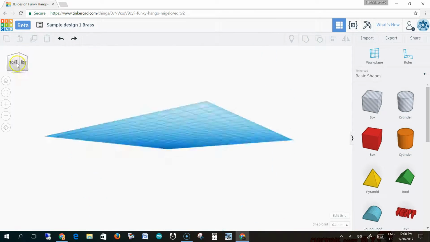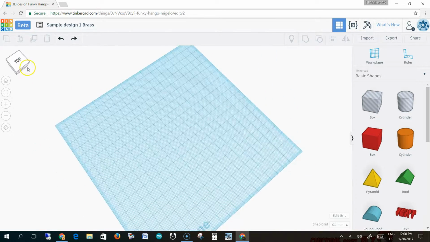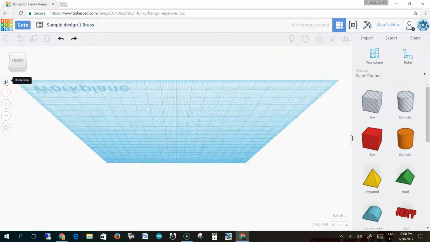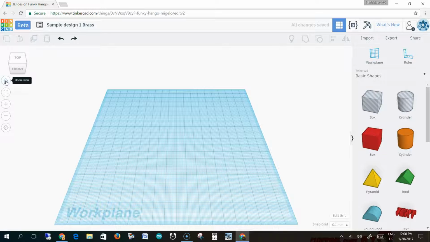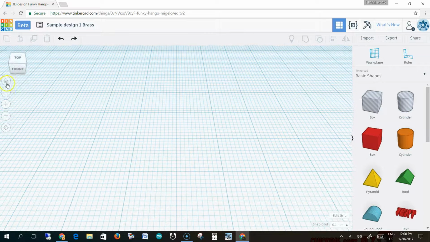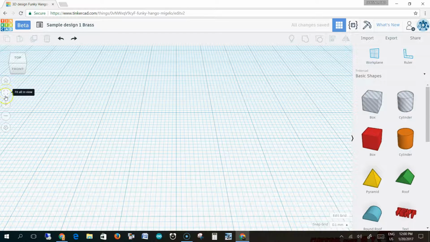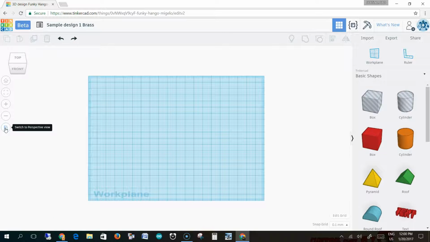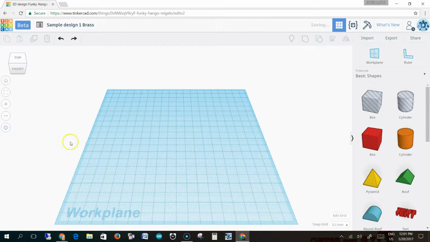We have the cube in the upper left-hand corner that will allow us to toggle different views. Basically, you rotate the cube however you would like to get different perspectives. When you click on the house, you get to your home view. You can zoom in, zoom out. You can also drag with your trackpad to zoom in and out. There's also an orthographic view. It kind of flattens everything, which can be really handy in engineering design, but for what we're doing right now, when we're just doing our initial projects, that's not going to be terribly helpful, so we're going to stick with